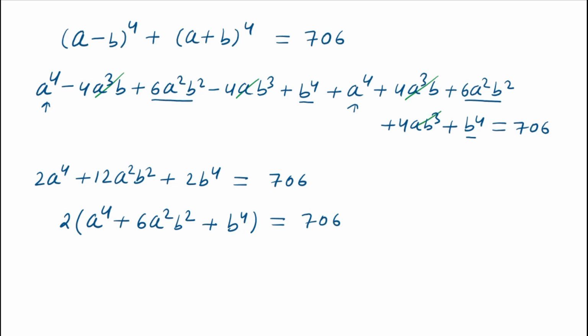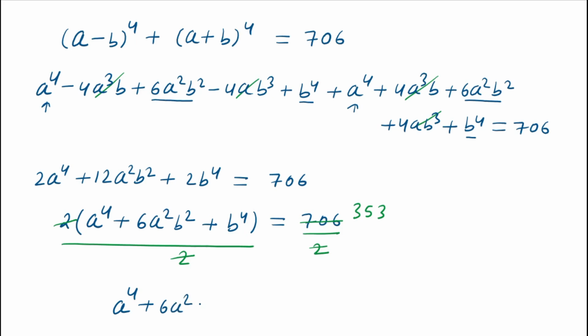Now divide both sides by 2, then this 2 and this 2 are cancelled out, and 706 divided by 2 gives 353. On the left hand side a^4 + 6a^2b^2 + b^4 is equals to